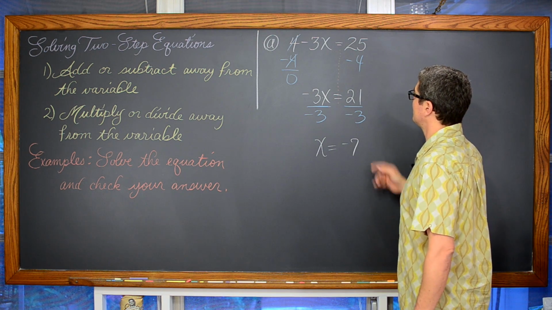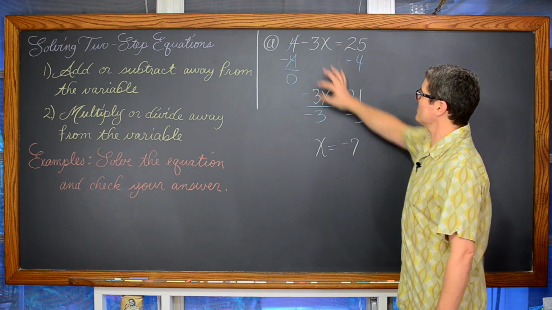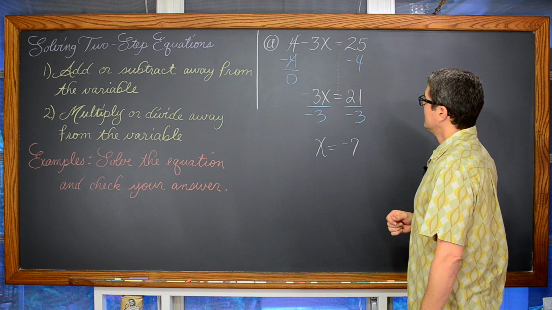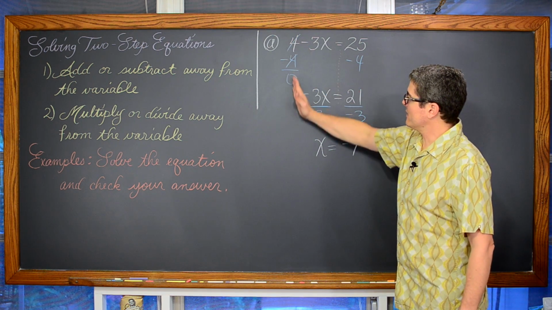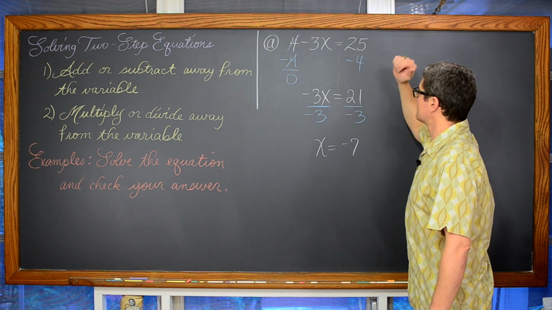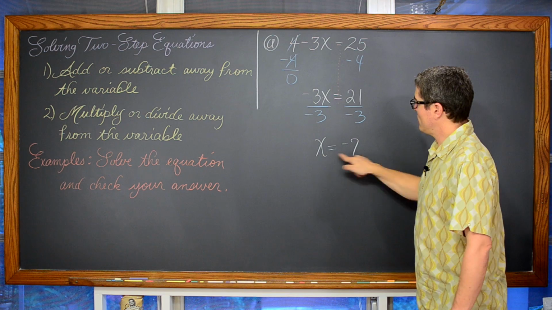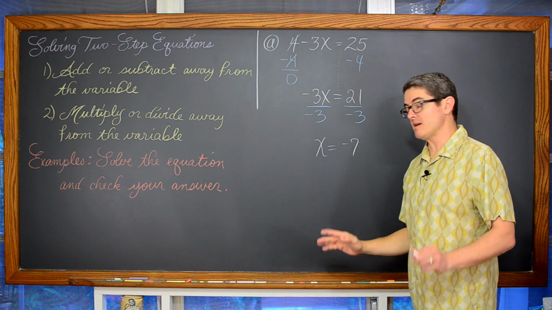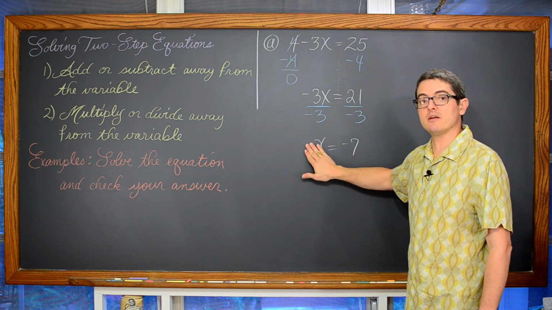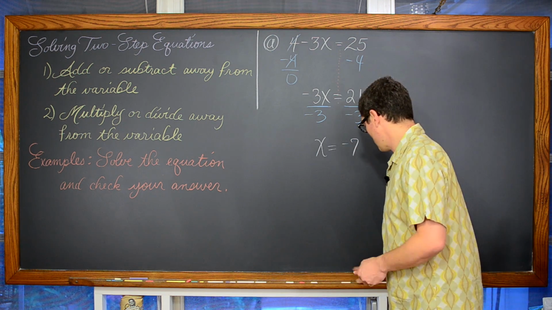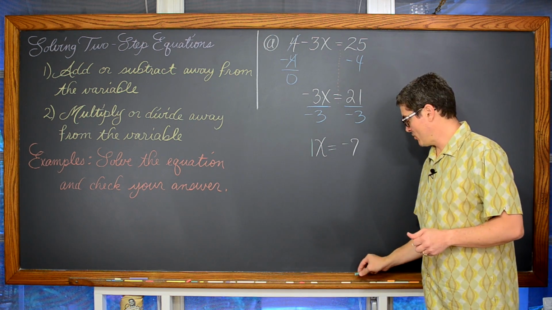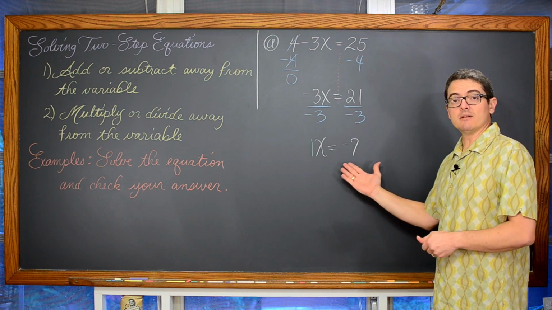Notice my work is coming straight down. I'm not flip-flopping the two sides of the equation. There are only two steps to solving these equations, but I'm being very careful to keep everything lined up and coming straight down, with the equal sign and that dotted red division line coming straight down. We have x is equal to negative 7, and x is completely isolated. There's no exponent, no division, no addition or subtraction or multiplication left with x, unless you want to consider that coefficient of 1, but multiplying by 1 is the identity for multiplication, so it doesn't really do anything. And that's our answer.